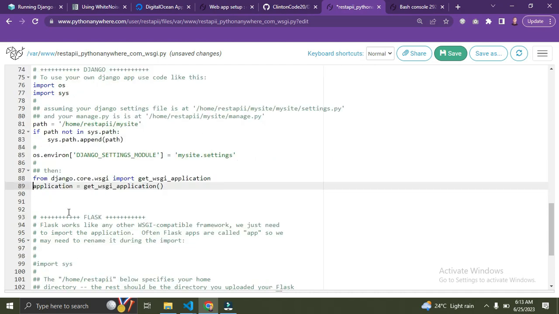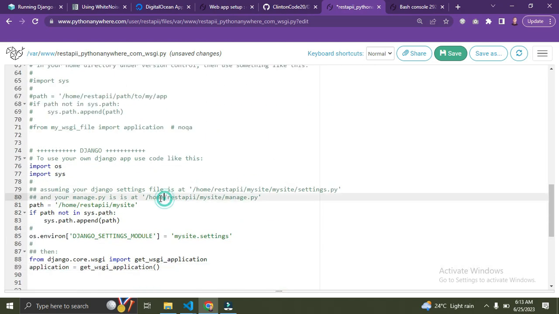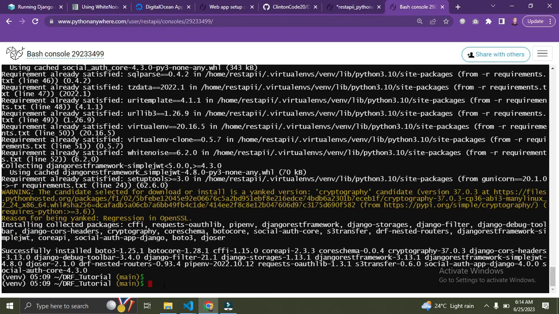The other part is for Flask. Right now we're working with Django. Also done removing the comment. So just where we have this is our manage.py, this part here. It says to replace mysite with the name of the folder that holds our manage.py file. Right now I need to replace this mysite here with the name of the folder that holds your manage.py file. So if you come back here,